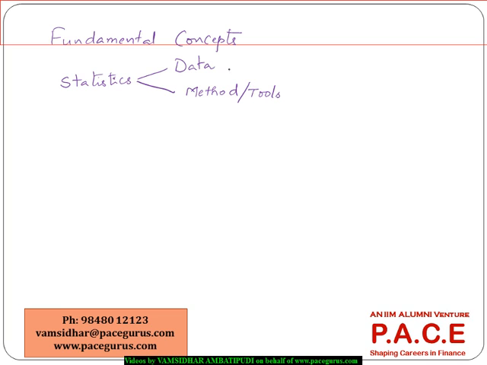So sometimes people use the word statistics to mean data, and in most cases, statistics means methods or tools to analyze the data and derive some kind of conclusions out of it. So, in general, statistics got broken into two major dimensions. One is descriptive statistics, where we talk about summarizing the data properly, some kind of representation, some kind of